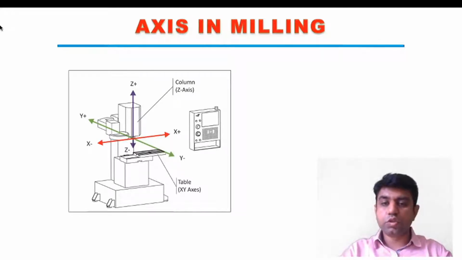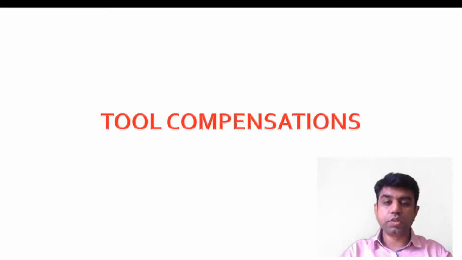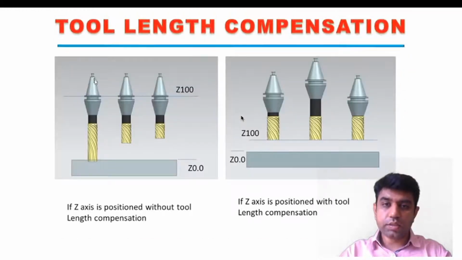The same is shown over here, right? We are having these three basic axes. The spindle is being shown as the Z axis, and the work table, which will be moving, is along the X and Y path. The next thing we need to understand is the tool compensations. This topic was not there in the case of lathe machine, but in the milling machine we need to have different tool compensations. So let us understand the concept of tool compensation.